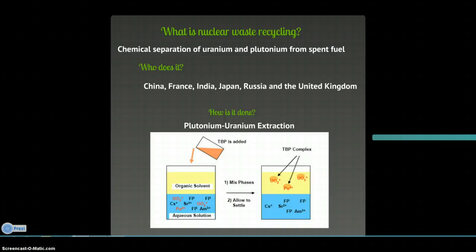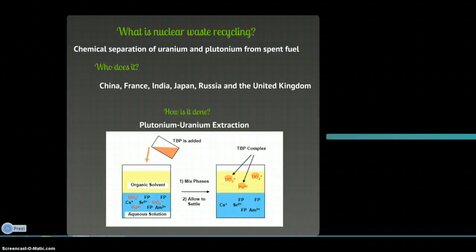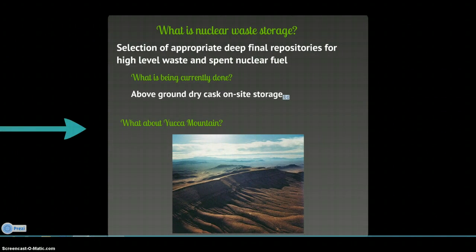Next, we will discuss the basics of spent fuel storage. Spent nuclear fuel storage is defined as a selection of appropriate deep final repositories for high-level waste and spent nuclear